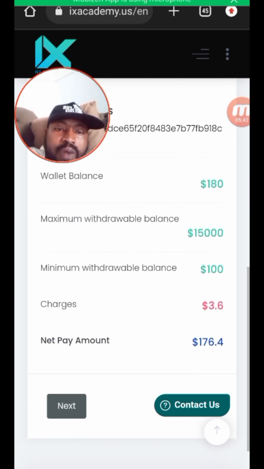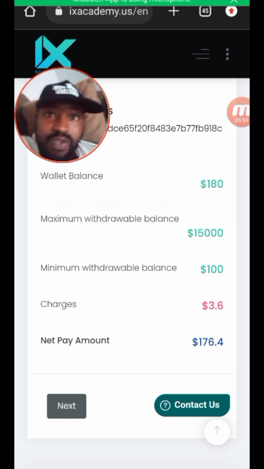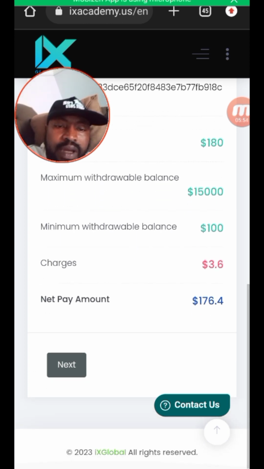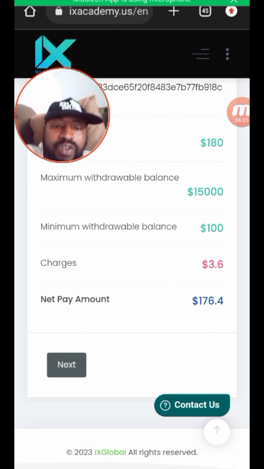My address there, 180, and charges. The minimum withdrawal is $100, you can see it. So the maximum withdrawal balance is $15,000. I'm working to hit that very soon. So I'll be having $176. Okay, so that is that. All right, so next,